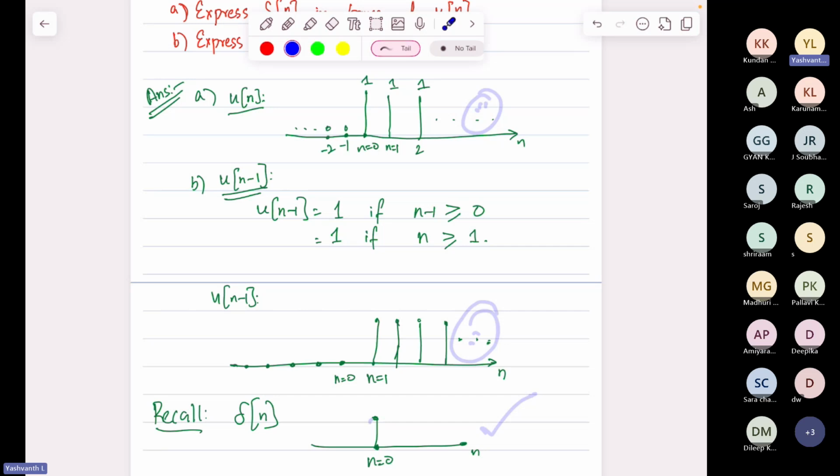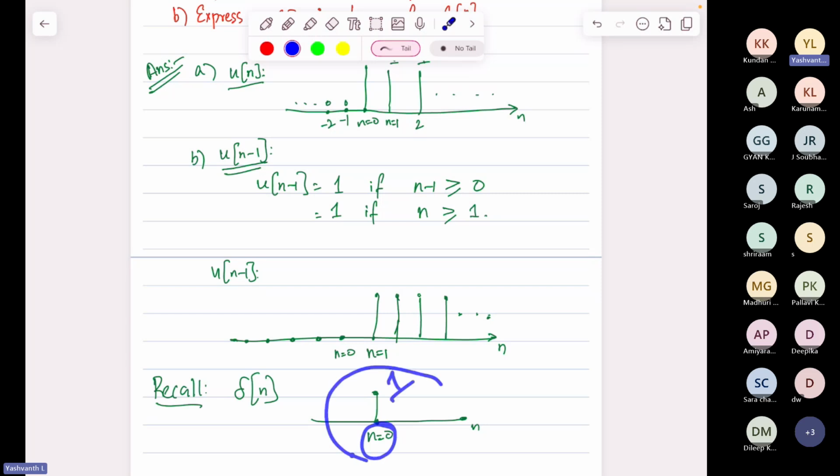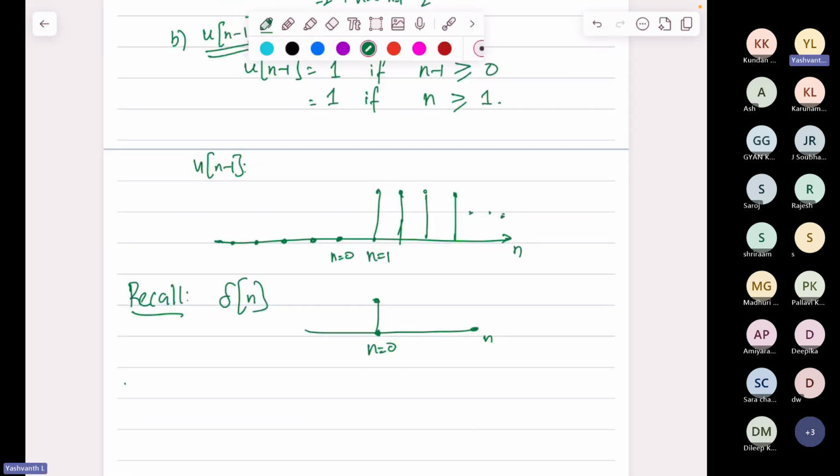Exactly. If I subtract these two signals, this one here will cancel with this one. This one here will cancel with this one. Everywhere it will cancel. But at n equal to 0, there is no 1 in u of n minus 1 to cancel out. So 1 minus 0 will be equal to 1. So at n equal to 0 alone, you will have 1 here. That's what is delta of n. Therefore, u of n minus u of n minus 1 is nothing but,